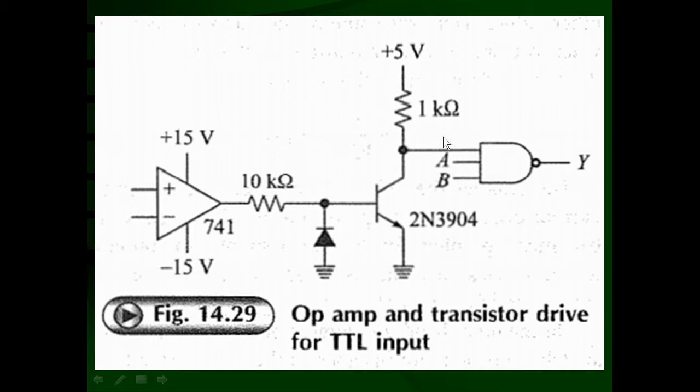That is here at the input of the TTL, and it will be considered a valid high state input because it is 5 volt, well above the 2 volt, and it can easily source 40 microampere current to the input of the TTL in the worst case condition. So no problem. This way op-amp can drive the TTL through the transistor 2N3904.